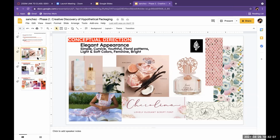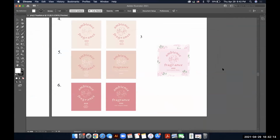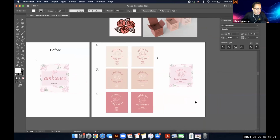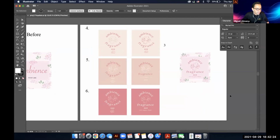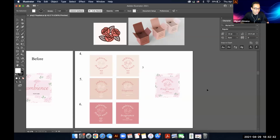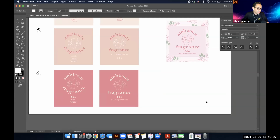Yeah. Okay. And can we take a look at the concept or the Illustrator layout one more time so we can get a little bit of a feel for it? Yeah. Yeah, that number 3 revamped. I mean, that was a bit of a long shot. Yeah. I think 6 is still working. It seems like the 3 revamped would work if it was a box or package, and it was very, you know, like a trio or something. Yeah, I could see that working for a literal box package opening type of thing. But for the perfume, probably 6 will work, or possibly 5 depending on the color of the bottle, like we're saying. Yeah. I still like 6 on the right,